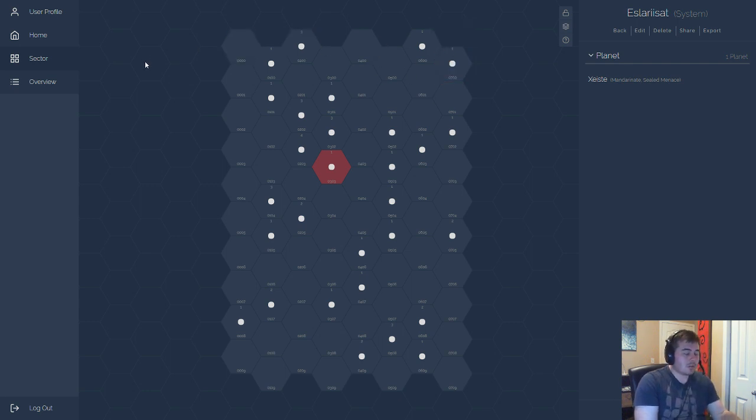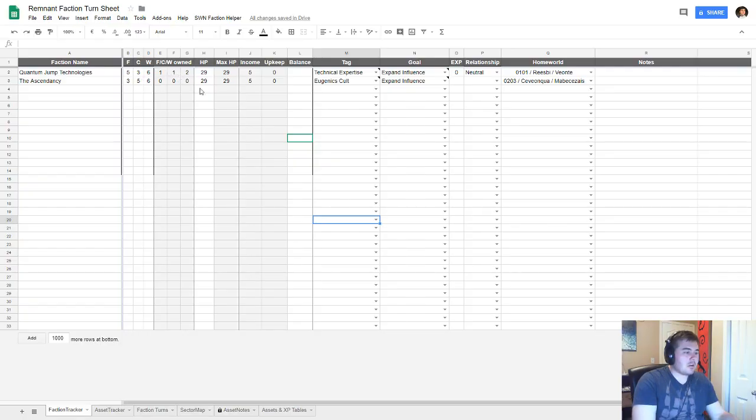The Expand Influence goal does not require you to choose what planet. You just want to set it up on any planet. Any new planet. You can't have multiple bases of influence on the same planet. But yeah, they want to set up multiple bases of influence. They are...